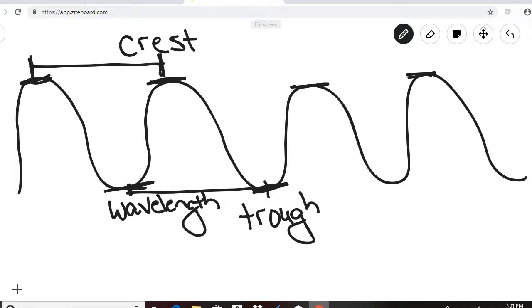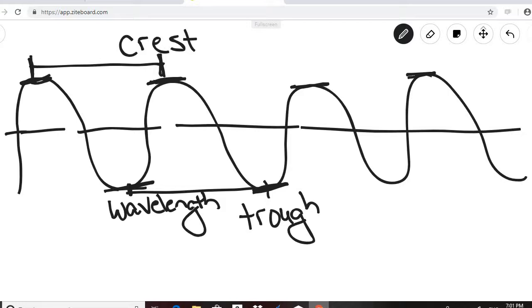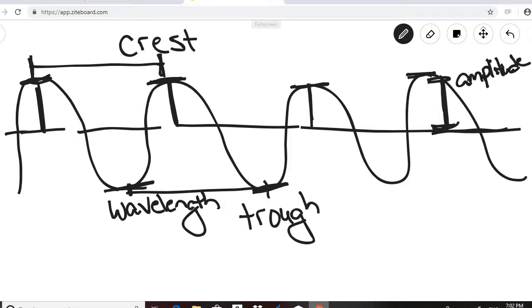And then we also, if we draw a line through the middle of this, then probably not exactly through the middle, but the degree to which the wave is above that center line is called the amplitude. So this would be the amplitude of the wave. Okay, so amplitude, and you could measure it on the other end as well. So we see wavelength, and then